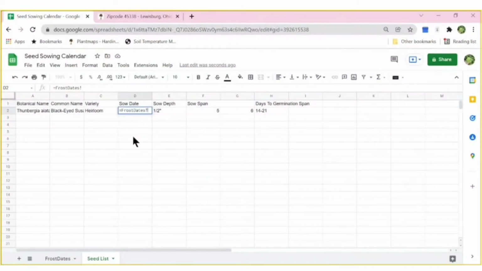Then we are going to put in a $ sign, and then the letter A, a $ sign, and the number 2. These $ signs mean that it's an absolute reference, and the spreadsheet will always refer to that row and that column on that sheet. Now we're going to put in a minus and a parenthesis, and then we're going to go